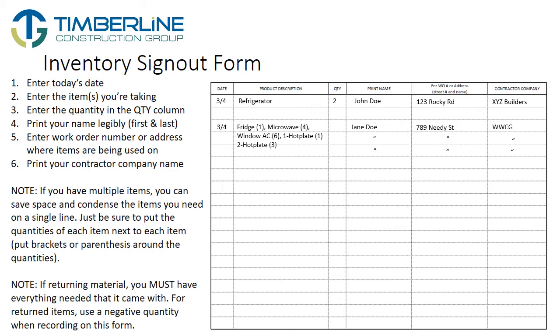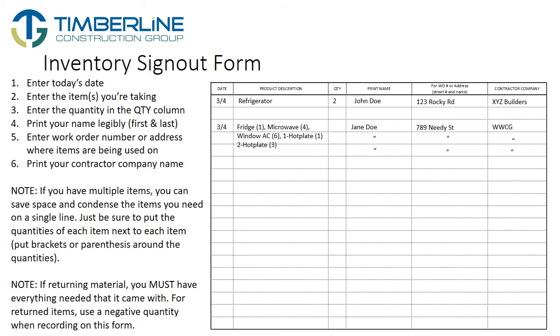Note, if returning material, you must have everything needed that it came with. If it came with brackets, there must be brackets. If it came with a remote control, there must be a remote control. Everything must be with it to be able to be used on another house. If not, the item cannot be returned and you will not be credited for the amount of the cost of